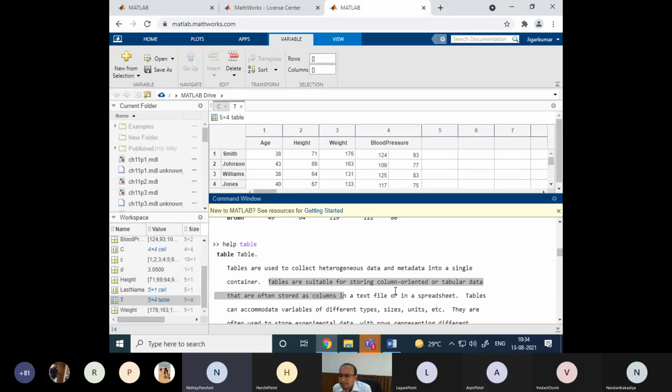Metadata is the description about the data that we have. Which type of data? Metadata is a term related to which kind of data? It's a very common word now. It's related to big data. Big data, what is the meaning of big data then? Anybody?